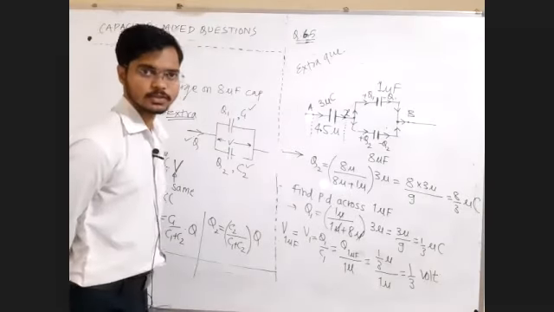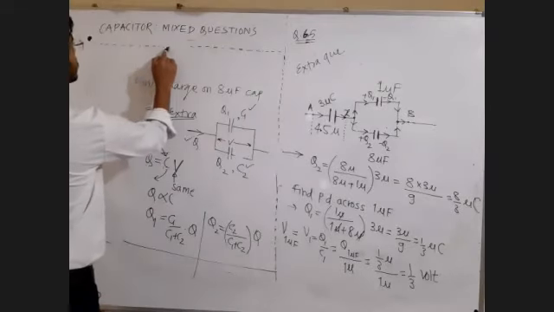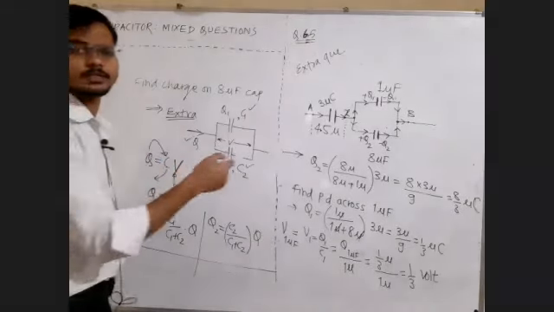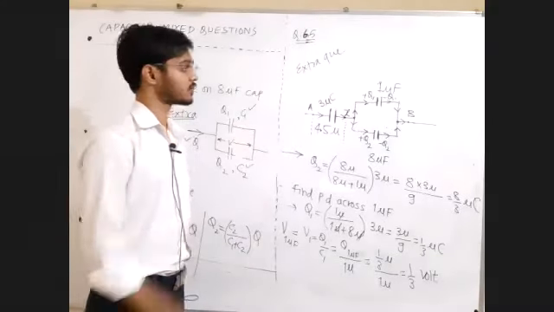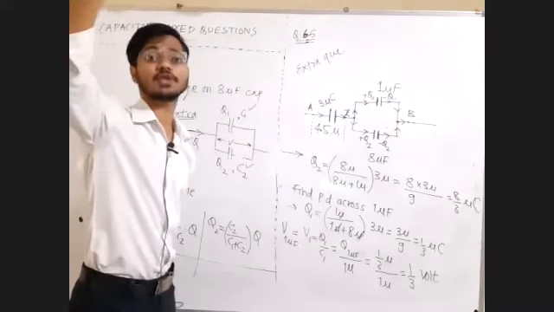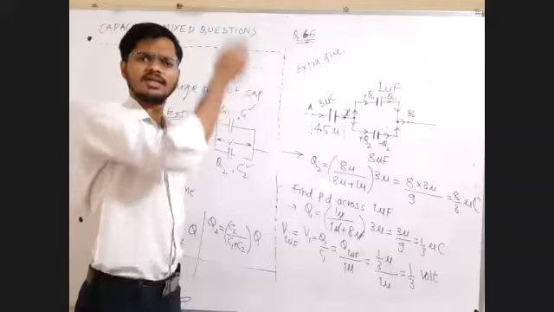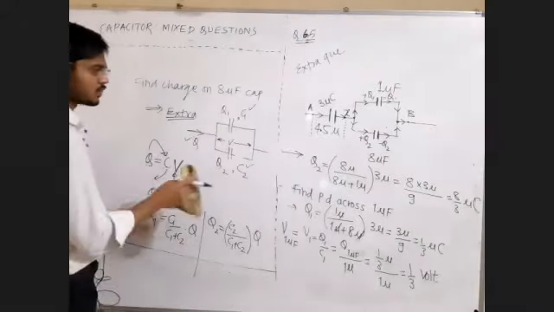Understanding the types of questions. समजायला लागलेत का टाइप ऑफ क्वेश्चन्स ऑन कॅपॅसिटर? सेम टाइप ऑफ क्वेश्चन्स असणार आहेत रेजिस्टर्स इन सिरीज अँड पॅरलल. ते झाल्यात जमा आता. Instead of charge and potential difference, there they will ask current and potential difference. इकडे चार्ज विचारतात, इकडे करंट विचारतात. पोटेन्शियल डिफरन्स दोन्हीकडे विचारतात.